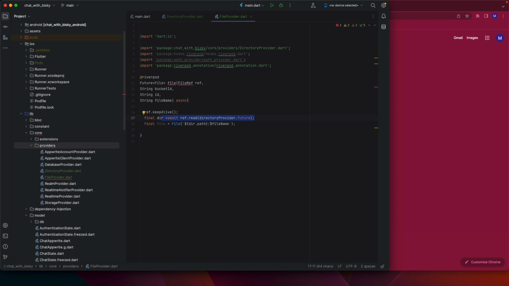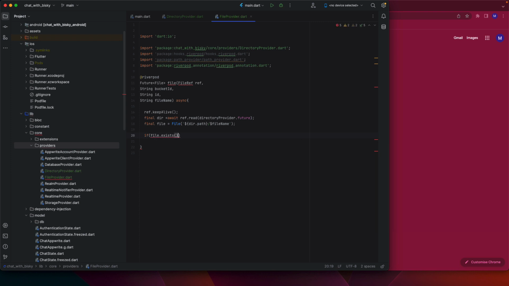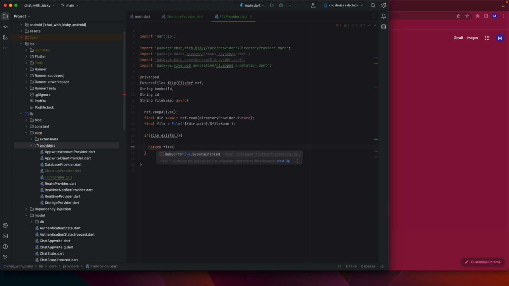Then we check if the file exists. If file dot exists, what we can do, we can return a file. And remember, this is a future, so here it's an await. If it doesn't exist, we just say